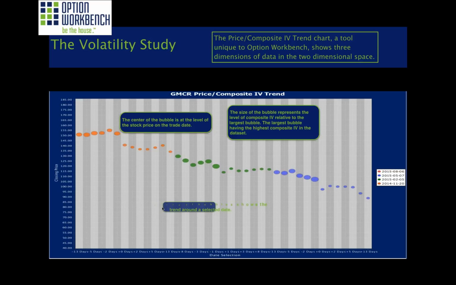And the way I have this set up, I have it for all the Fibonacci people out there. I have it set up for 13 days, 8 days, 5 days, 2 days, 1 day on each end of the earnings announcement. And so each of the color-coded groups of bubbles shows the trend around a particular earnings date. I put up 4 dates on this, and I zoomed in to make it a little bit bigger so everyone could see it.